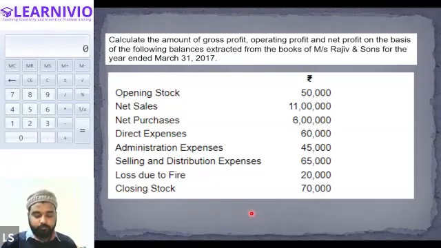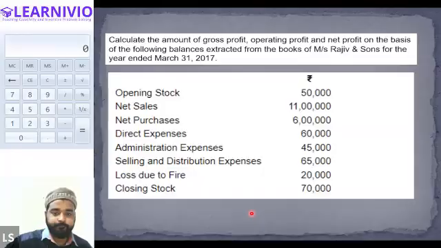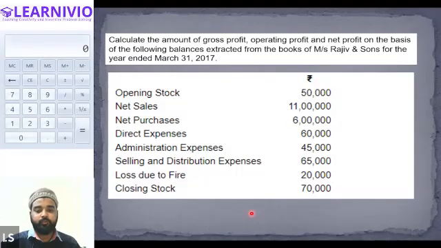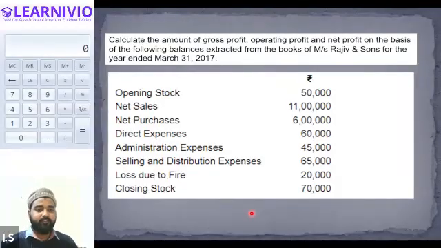All right, everyone. So just tell me, in order to find out the gross profit, what will we be required to do? Alexander, what kind of statement will we be required to prepare? A trading account. Yes. For finding out the gross profit, we will have to prepare the trading account, and for calculating the net profit, we will have to prepare the profit and loss account. So guys, I want everyone to prepare the trading account and profit and loss account, and kindly find the gross profit and net profit from the given information.